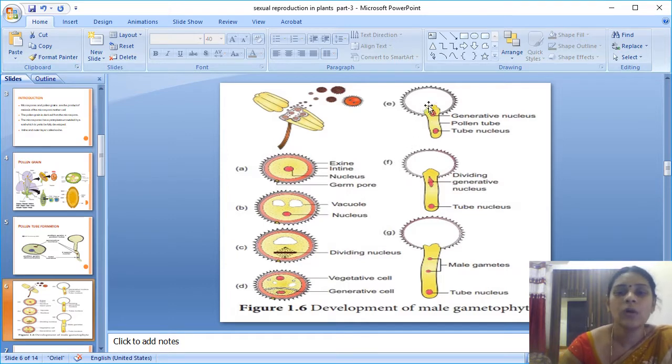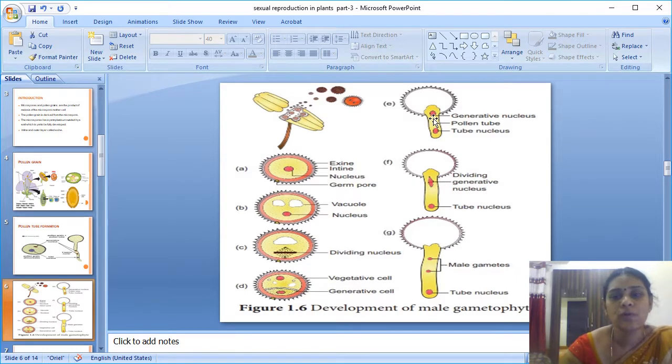Once it reaches the right stigma, it starts to absorb the moisture present on the stigma and it swells, so that the intine layer fully comes out through the germ pore. We have studied previously that the intine layer comes out through the pore or the furrows. I already said the vegetative nucleus does not enter into the pollination. Only our generative nucleus plays a major role in the pollination. So the pollen becomes a pollen tube.